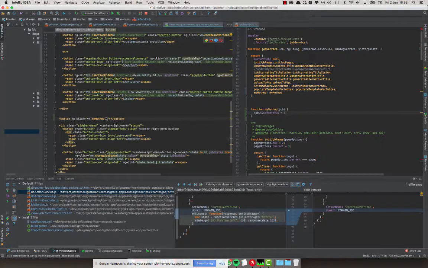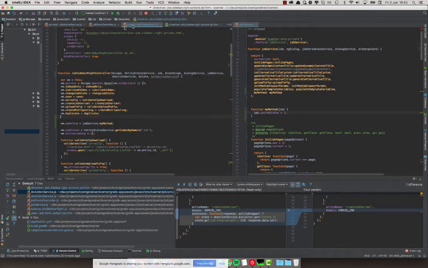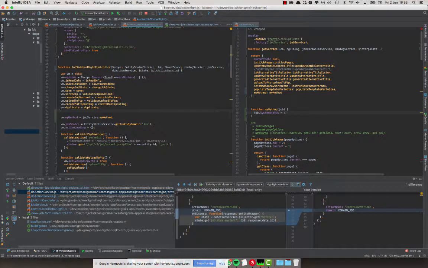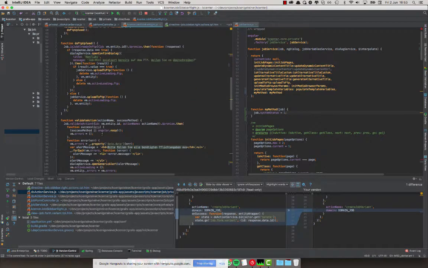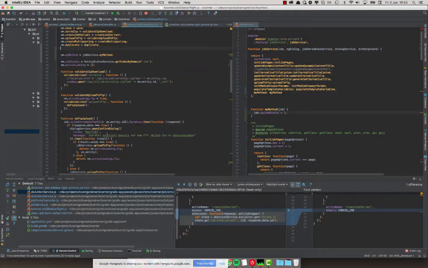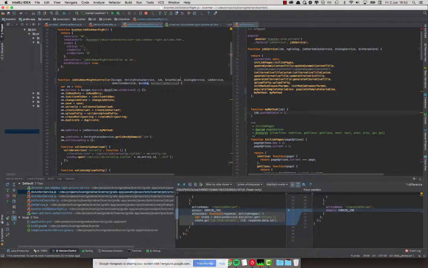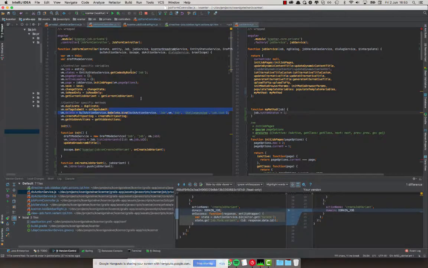But we're not passing in this job. What we could do is we could always pass in the job from the VM because we have it, but what if it's not on the VM? What if we can't actually put it in here? One example of that would be, let's go back here. Well, something that's not on the VM, I don't know. What if we want to put in this state or something, the current state name? That's not typically something that's on the VM. So I want to have the current state name